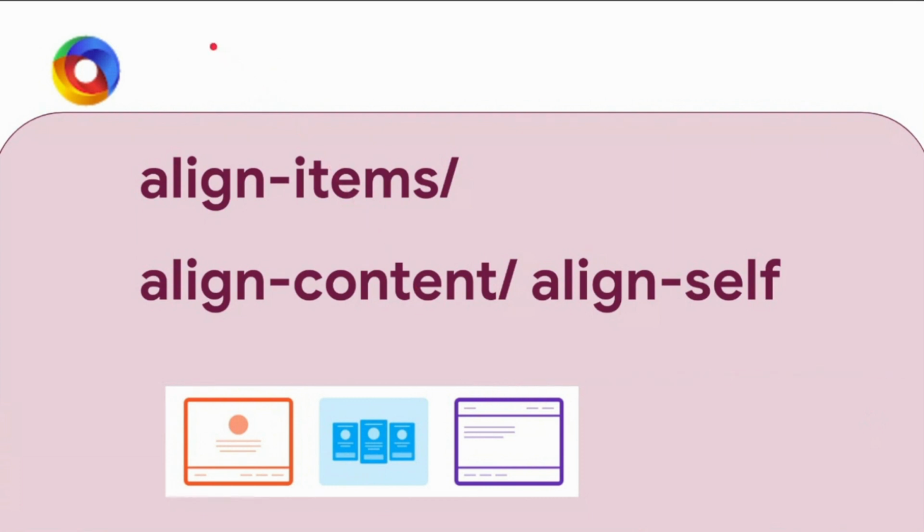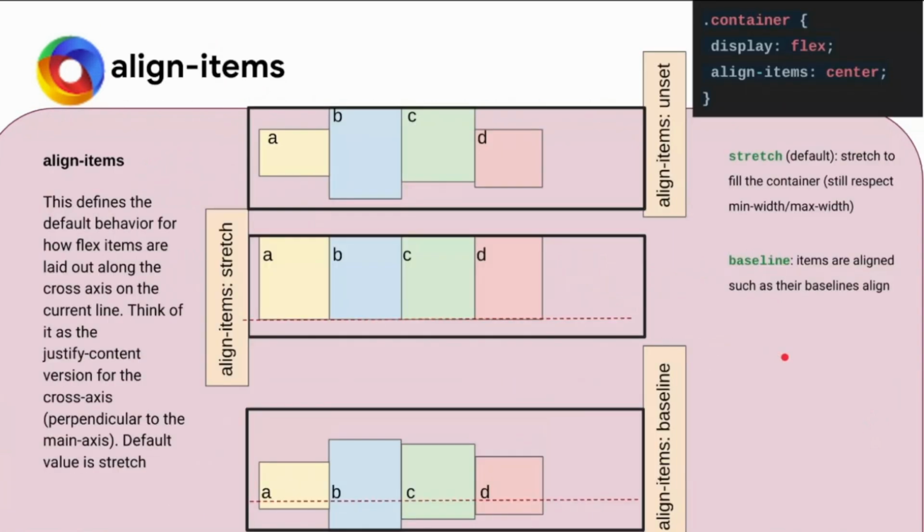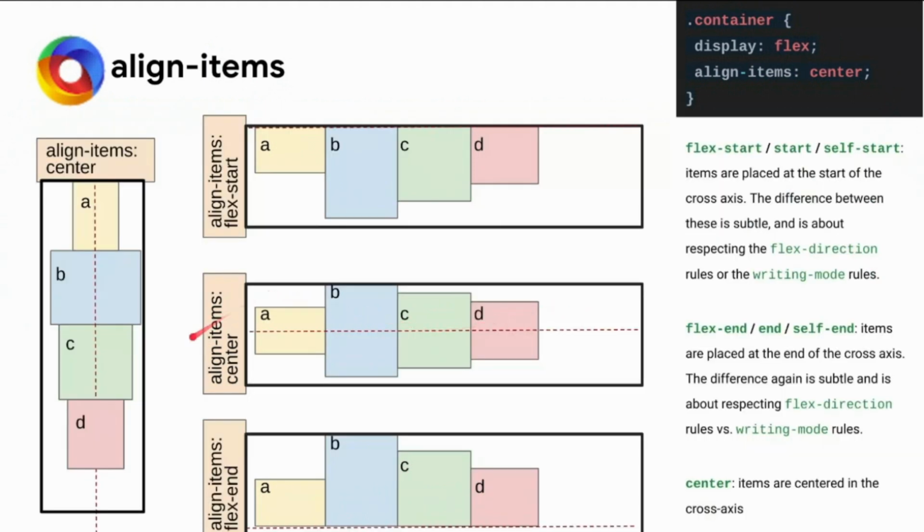Okay, now align items, content and align self. What exactly is it? Suppose we have a particular span in which "primary" is written, and we have a mat icon which is bigger than that. You need everything to be aligned in a particular way, like everything in the center. So this should be a text, this should be a button, and so on.